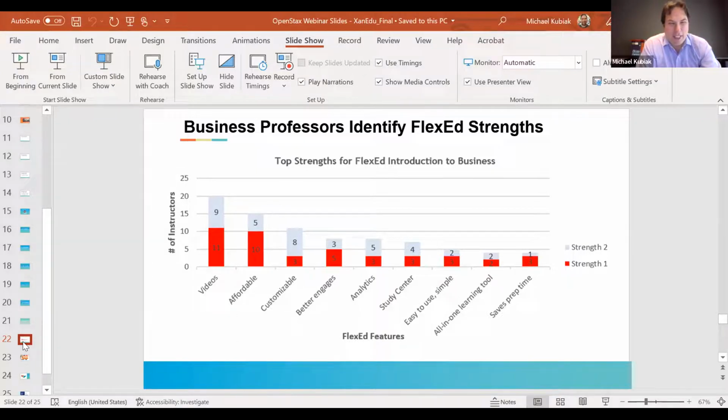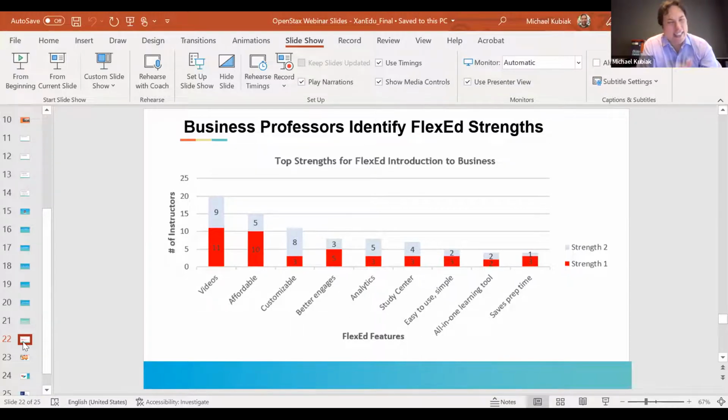So students are getting a curated set of videos that are short and engaging and really lead them into the text. As we all know, students are increasingly learning through those kinds of media, so that curated content really jumped out as a strength.